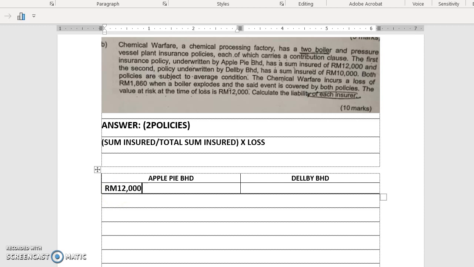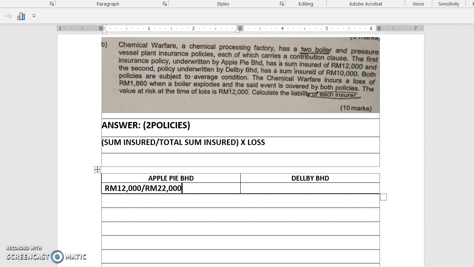And then we have to divide by the total sum insured. So what is the total sum insured for both policies? It is 12,000 plus 10,000 ringgit. For Apple Pie Berhad it is 12,000, for Delby Berhad it is 10,000. So the total sum insured is